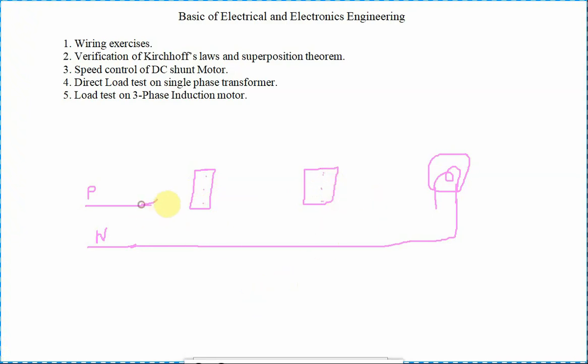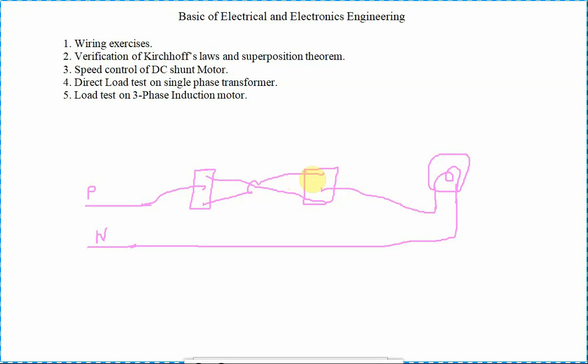The center point of this switch is connected to the center point of the other, and this point you can connect to the lamp. And these two may be connected in the cross method or the straight method. Whatever method you connect it with, the lamp will operate. Okay, cross method, that is the correct one. That's all, the connection is over.